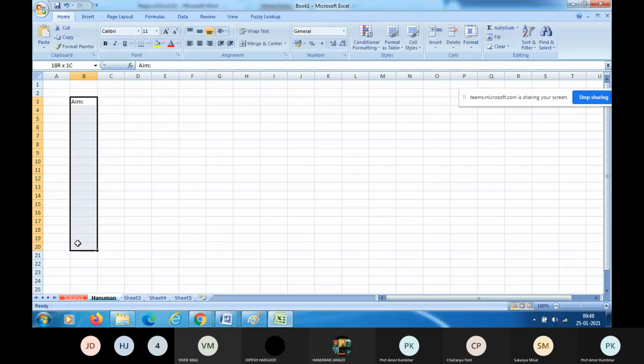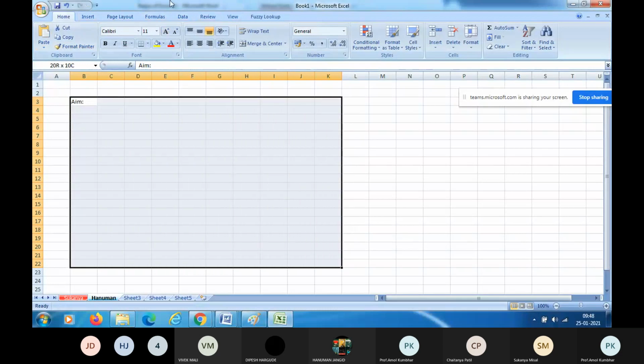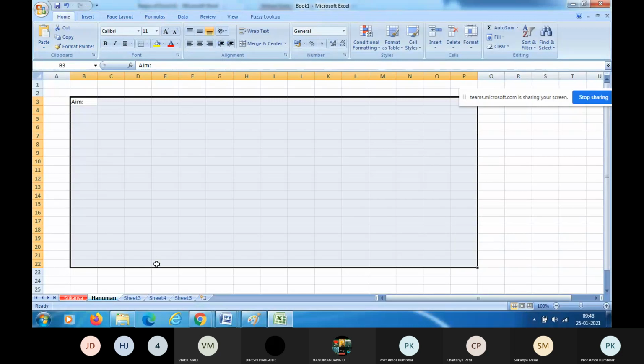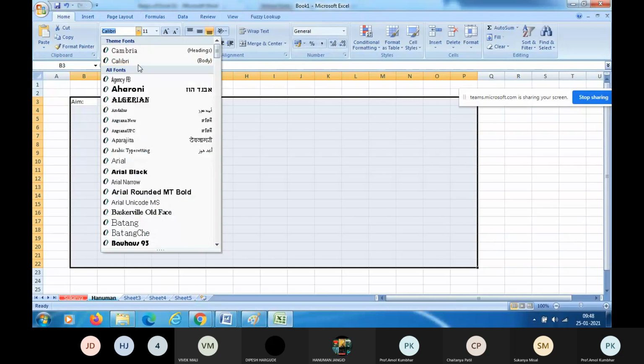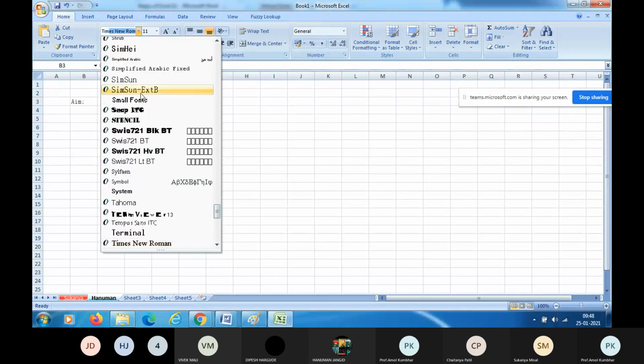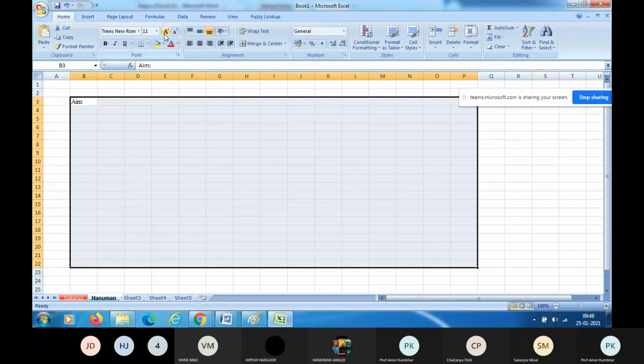First select the rows and columns in which we are going to enter the data, so that the data will be visible to you. For that purpose we are going to change the font size as well as the font. Let us select Times New Roman font.